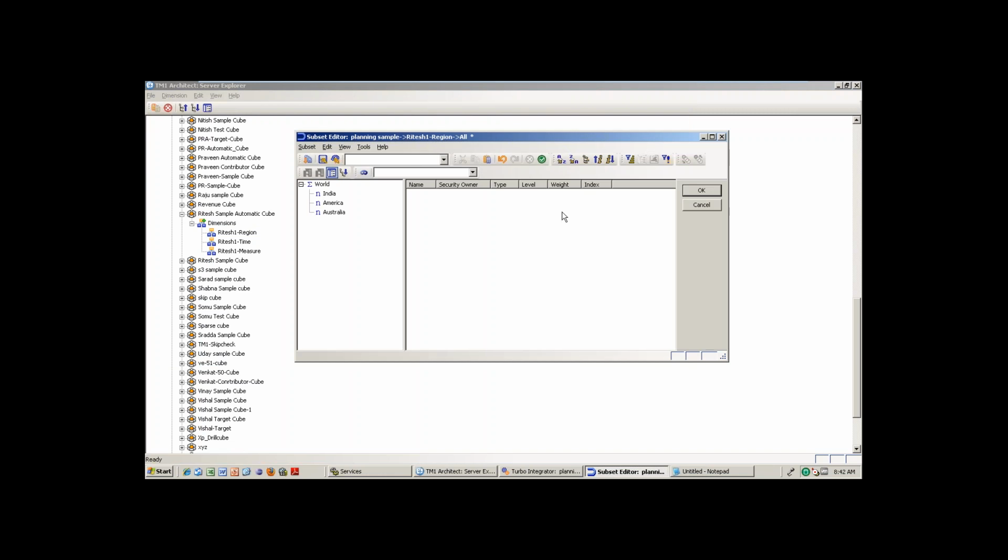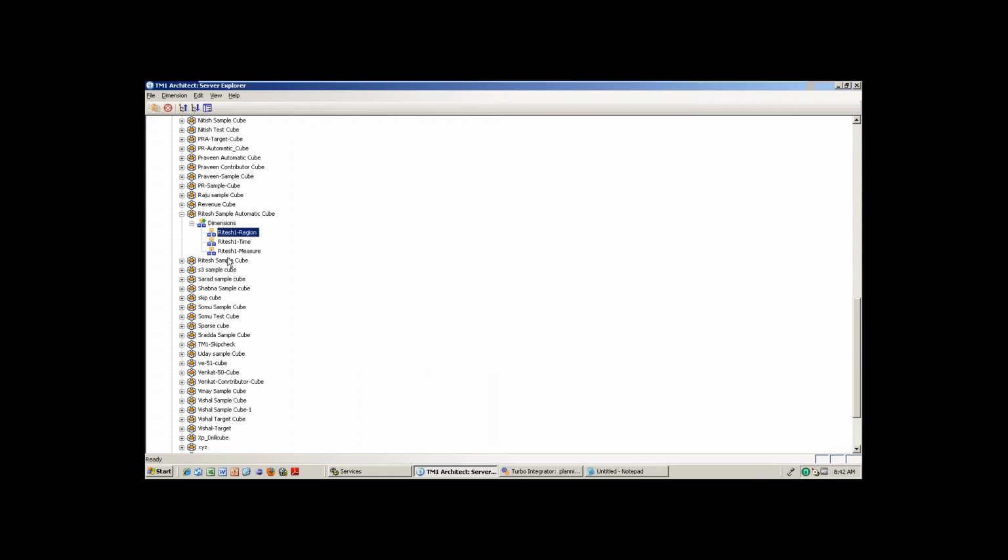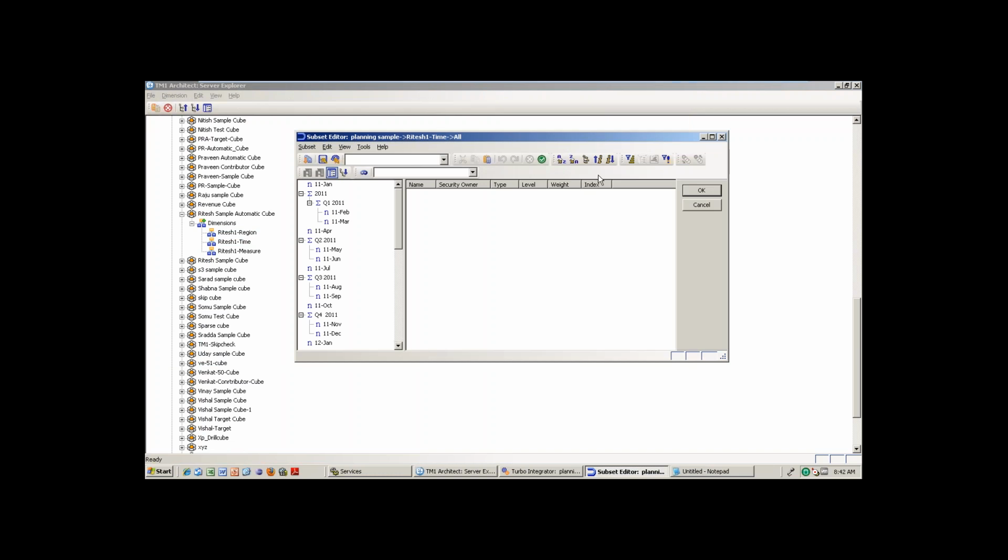So it is created correctly. And time. See, 2011 has quarter 1, quarter 2, quarter 3, quarter 4. So automatically the data came. 2012 quarter 1, quarter 2, quarter 3, quarter 4. 2013, quarter 1, quarter 2, quarter 3, only up to 13th July it is there.